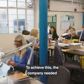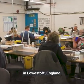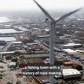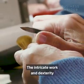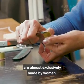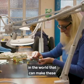To achieve this, the company needed skilled brush makers, and so in 1946 set up a new factory in Lowestoft, England, a fishing town with a history of rope making. This factory now makes over 25 million brushes a year. The intricate work and dexterity required means that these brushes are almost exclusively made by women. It takes 3 years to train, and there are only 9 brush makers in the world that can make these